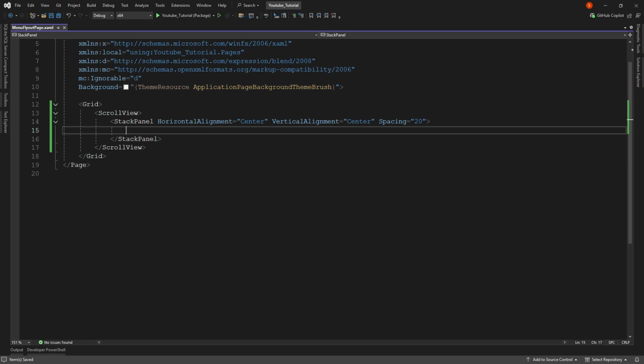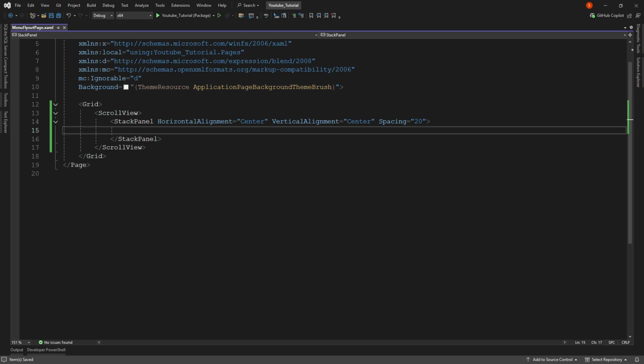The menu flyout can be the child of the button. And the menu flyout can also be the radio menu flyout item, etc. Okay, you will see more.